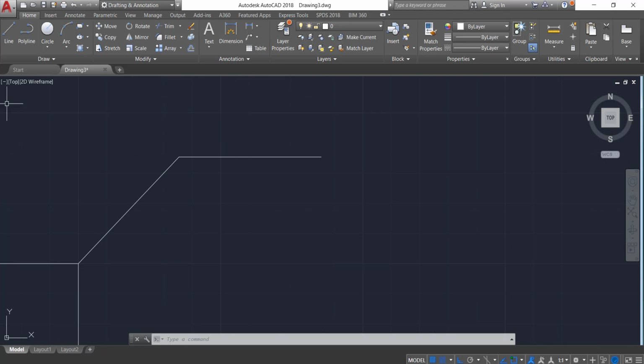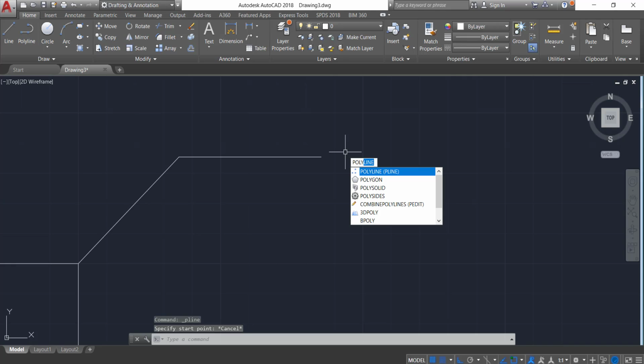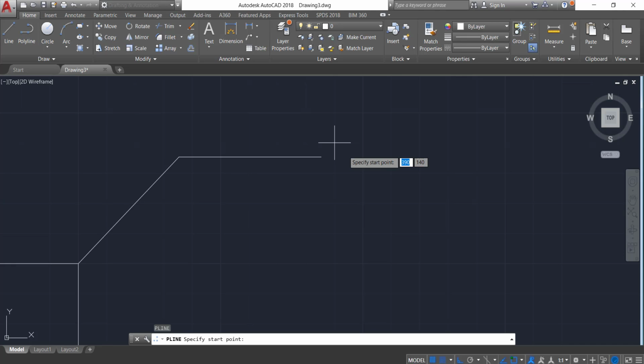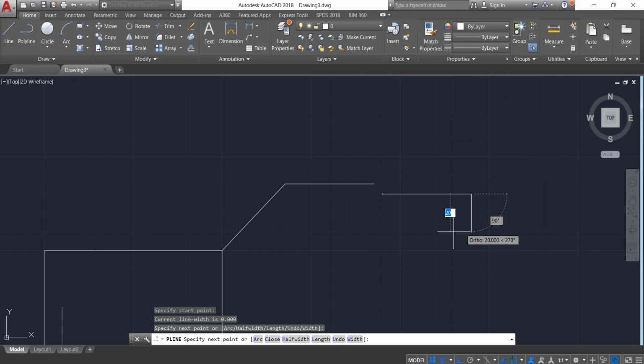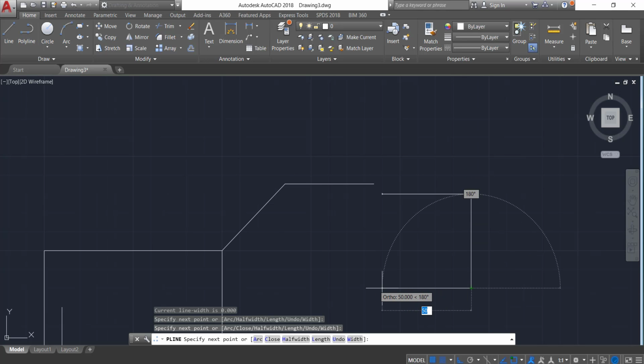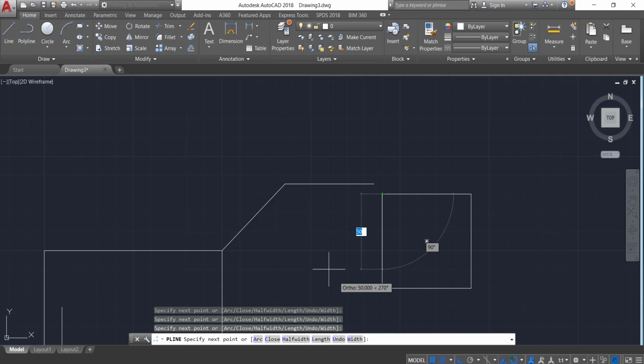Now let's move to our next command, that is polyline. Select the polyline command or type polyline. Now specify the first point. Let's consider it to be here, then 50, then again 50, again 50, again 50.